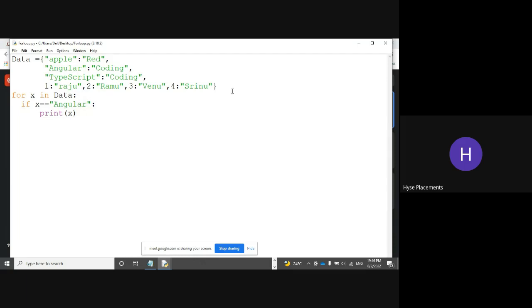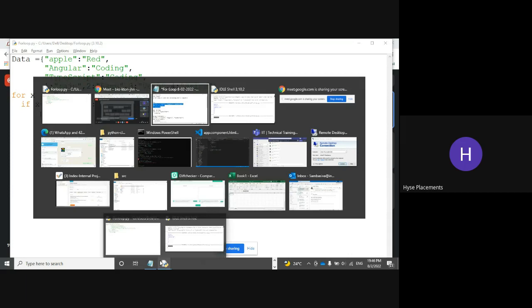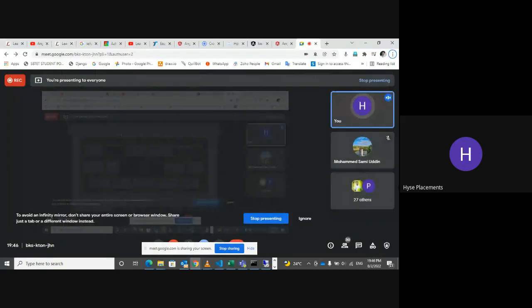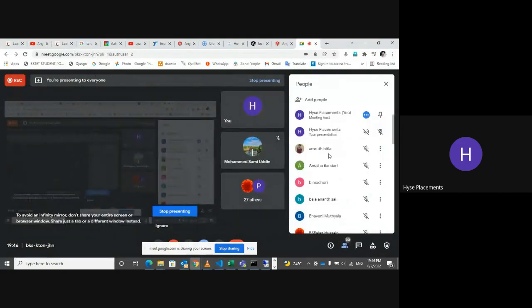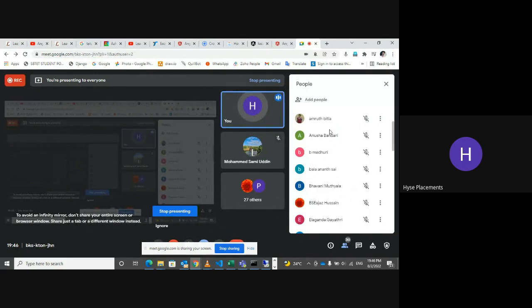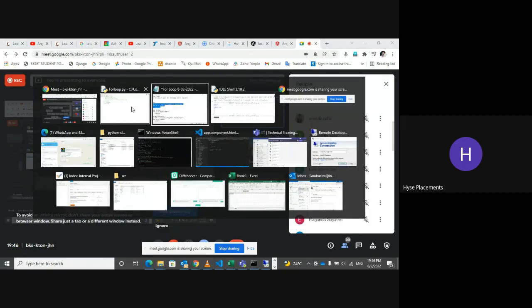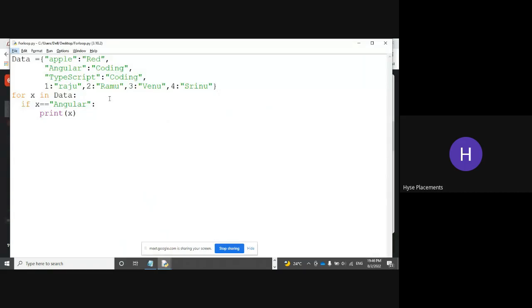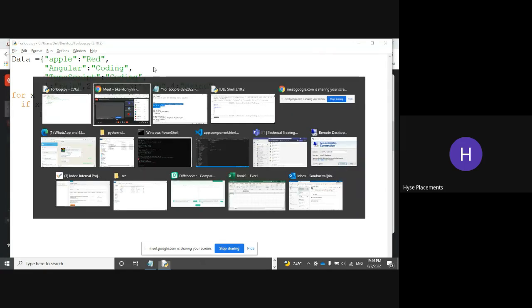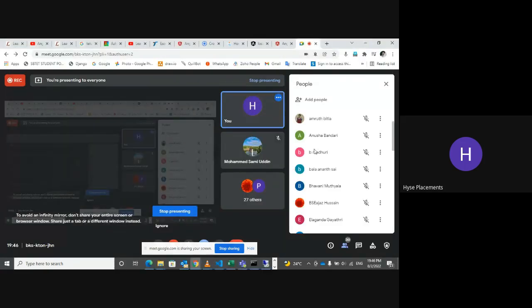What is the data? Tell me guys, I will ask one by one questions today. Yeah, Amrut, tell me what is the key, what is the value? In this, what is the value, what are the keys? Amrut, are you there? Anusha,